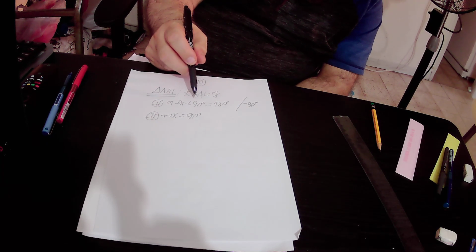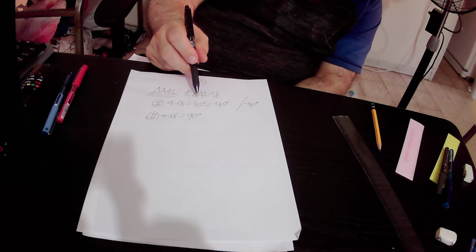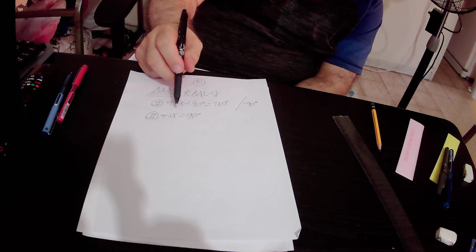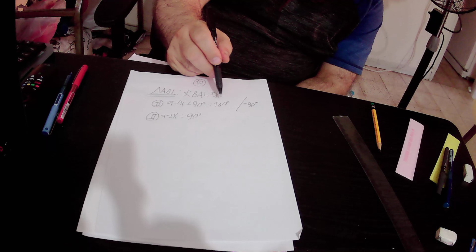Alpha plus x plus 90 degrees minus 90 degrees equals to alpha plus x, and 180 degrees minus 90 degrees